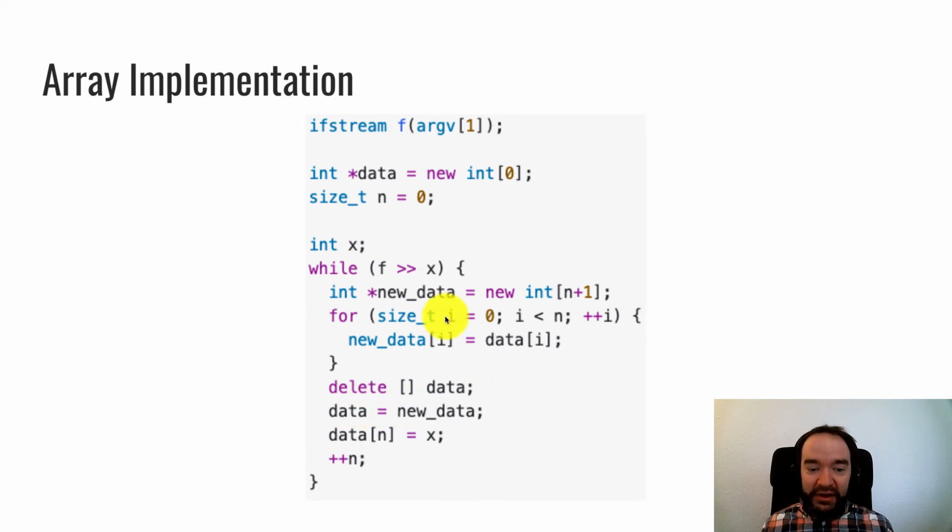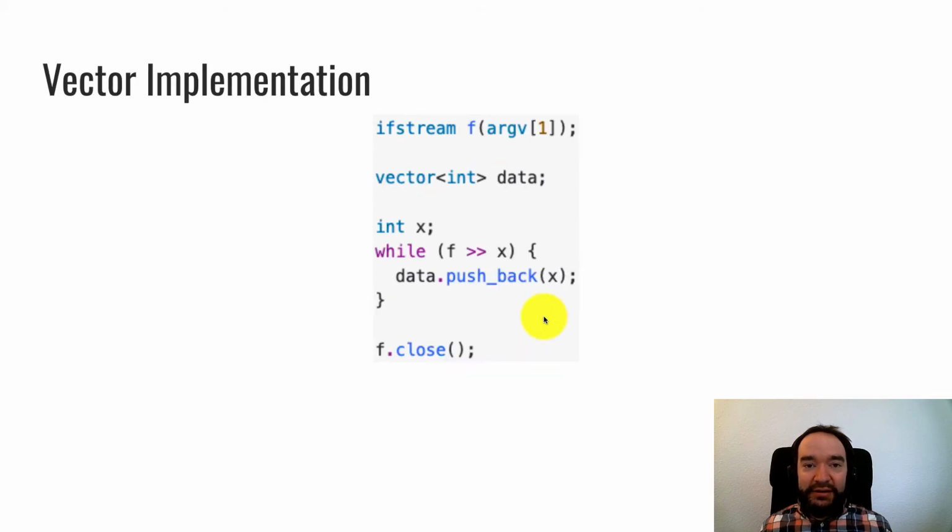So after this code finishes, what happened is we made a copy of the old array, except it's one bigger. And then data at index n is equal to x. I'm storing this x I just read, and n++ to keep track of that bookkeeping to make sure n is accurate. So this works, but it's not very efficient because I have this outer while loop that's repeating n times, once for each element of input, and inside of that I have this for loop that repeats n times to do all the copying. You have n multiplied by n, which makes n squared runtime, which is pretty inefficient.